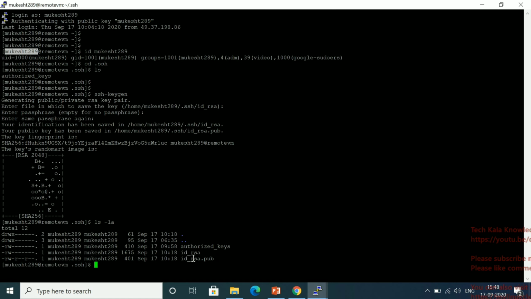Even when we need to establish a connection to an external remote machine, from master to client, we use the public key, not the private key. So we have to use the id_rsa.pub key.